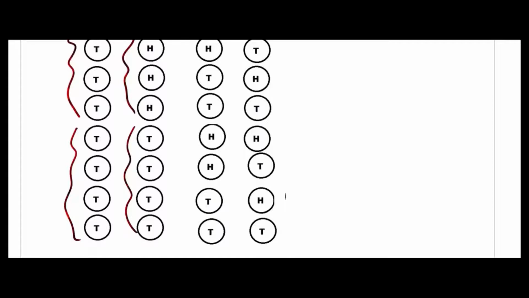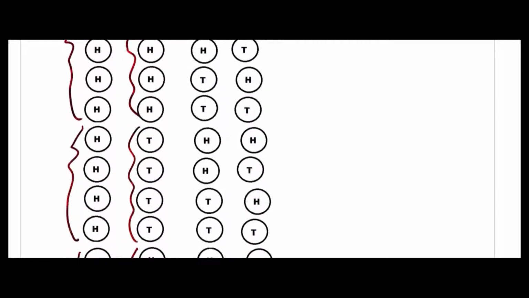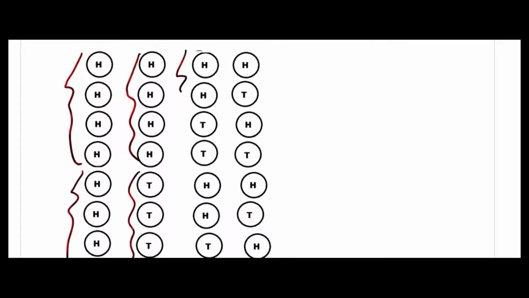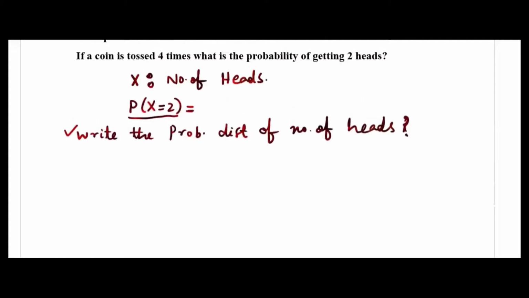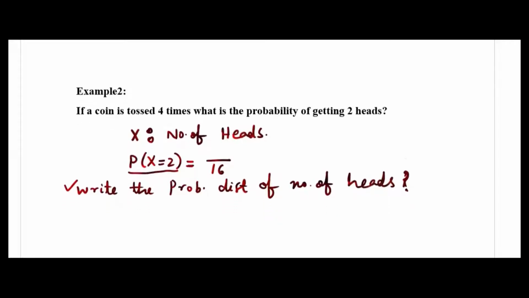Then you can write 2 2, two heads, 2 tails, 2 heads, 2 tails. That way you can write. Then 1 head, 1 tail, 1 head, 1 tail. That way if you write, you get all the possibilities. From here you can find where you get 2 heads. You have to find all the cases where you have 2 heads. This probability we want. Already I know 16 total, and here I have to count. Let me count.